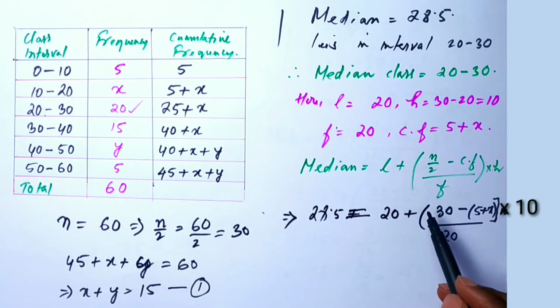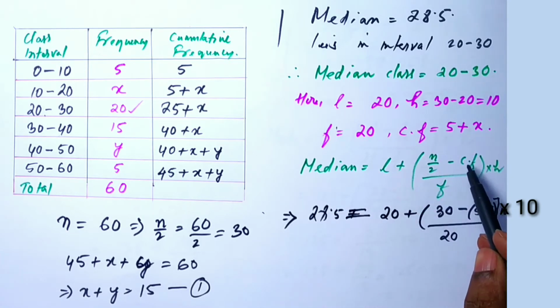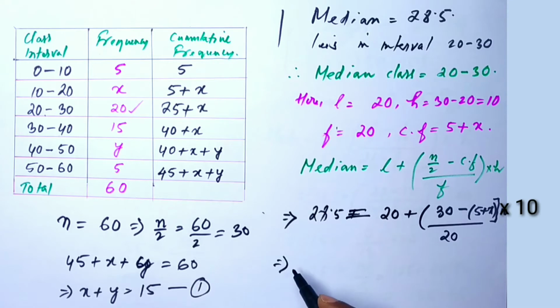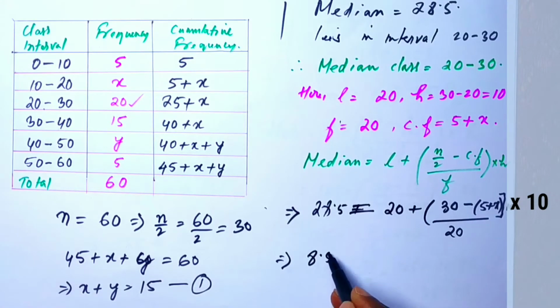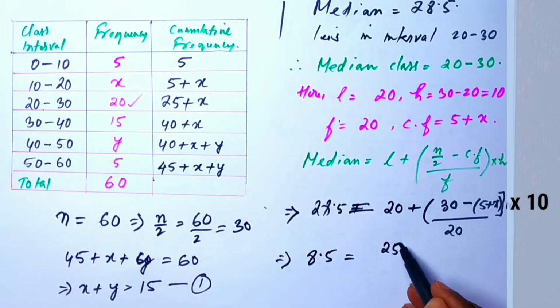L is 20, median is 28.5, n by 2 is 30, cf is 5 plus x, into h, which is 10, so this will be equal to 8.5 equal to 30 minus 5 will be 25 minus x,